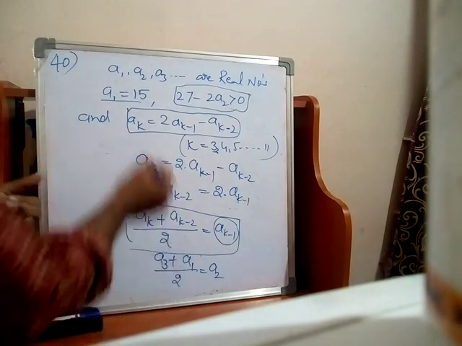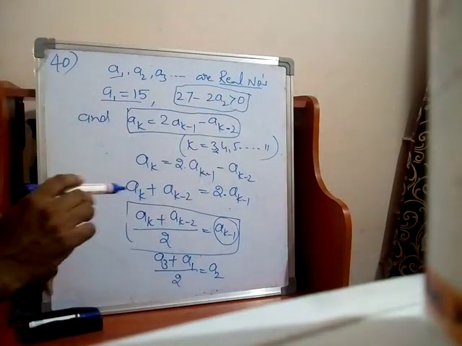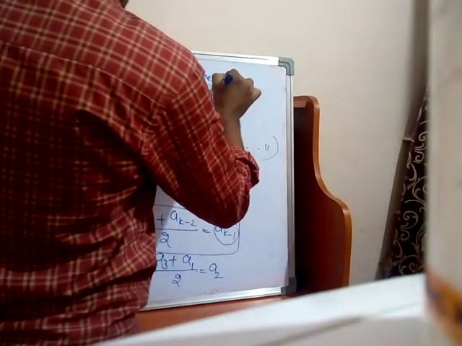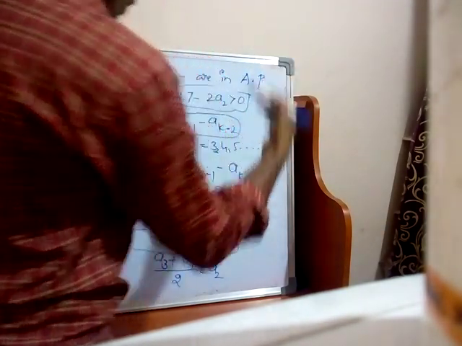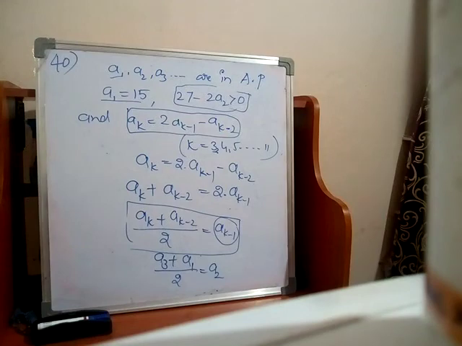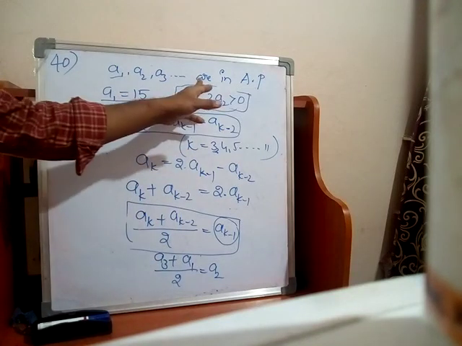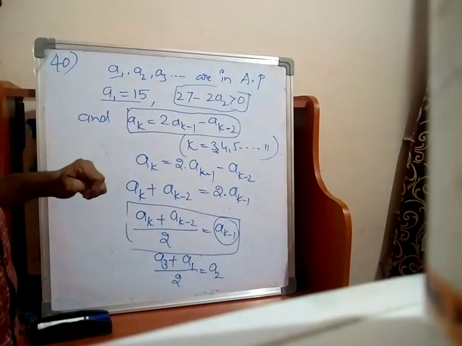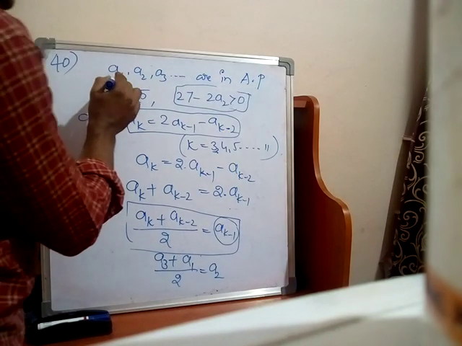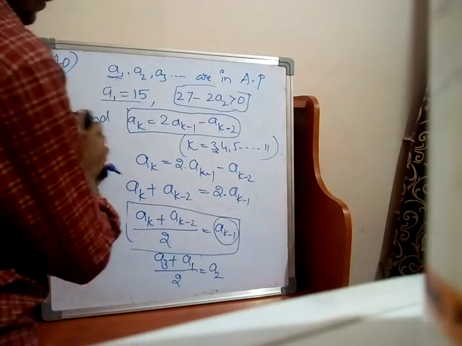What is the meaning here? A1, A2, A3 and so on are given real numbers, and these real numbers are in AP. They are in an AP series. Why? Because from this condition, A1, A2, A3 and so on up to A11 are in AP. Here only 11 terms are given, so up to A11 they are in AP. And the condition with A1 square plus A2 square plus A3 square is there. So here A1, A2, A3, A4 and so on are in AP. This is the first term. So let us take